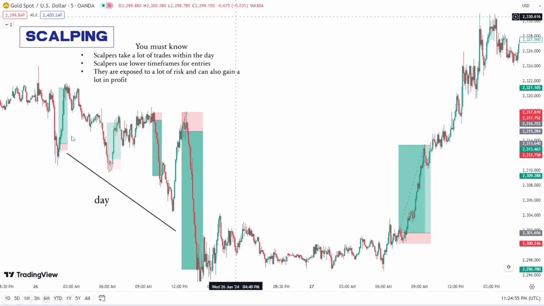Now, if from here to this move, from this move to this, that is probably a downtrend, right? Now, if this in the daily chart is just going to be one candle moving downwards, in the 4 hour chart, it can be two or three candles moving forward, right? Now, because scalpers use smaller time frames, this is the 5 minute chart.